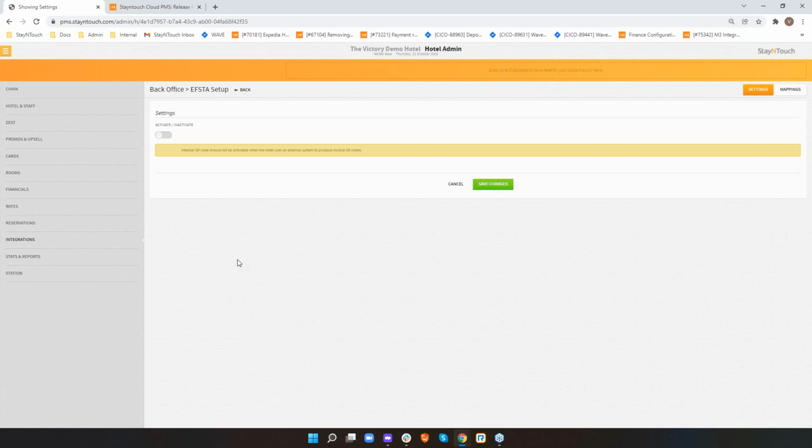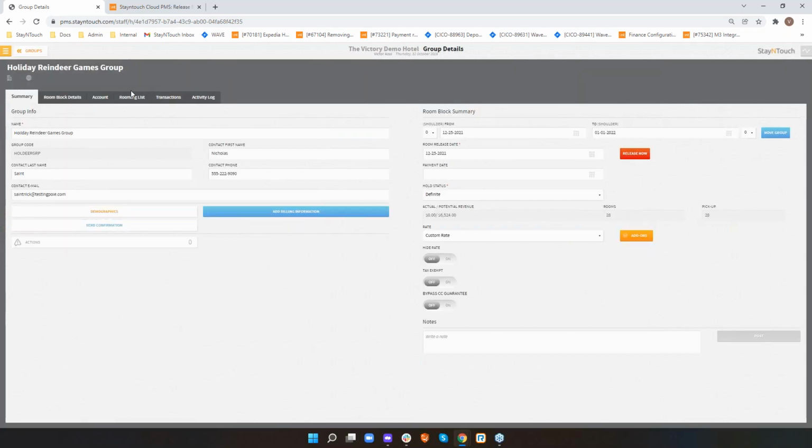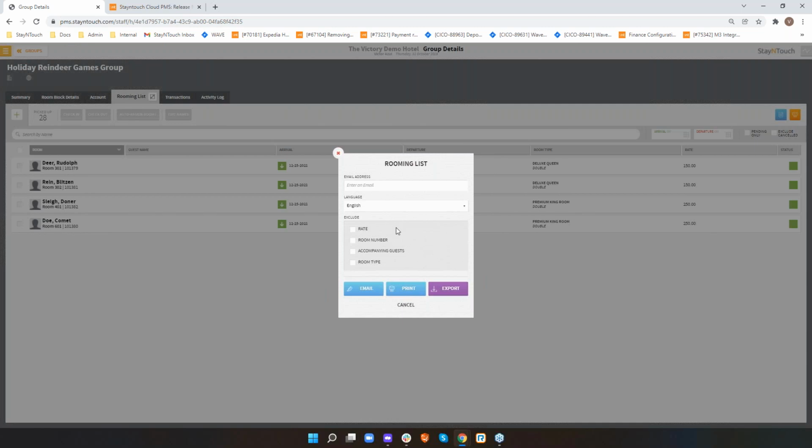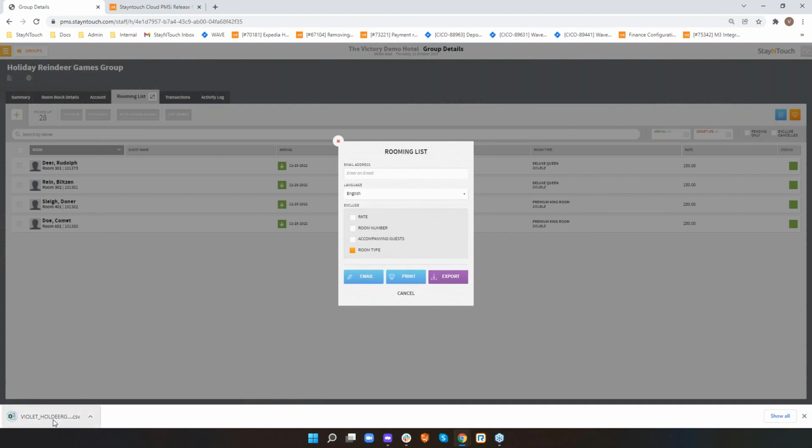And the last thing I will cover is the last enhancement, which is the group rooming list, which is now exportable to CSV. So if I go into my groups and go to manage groups, and I created a group already called Holiday Reindeer Games Group, you now have the option, when going into the rooming list, to hit this blue button over here in the corner, and now you have the option to export. You also have the option to select a different language, and also to exclude certain information. So in this case, I'll exclude room type. I go ahead and hit export, and now I have a CSV file